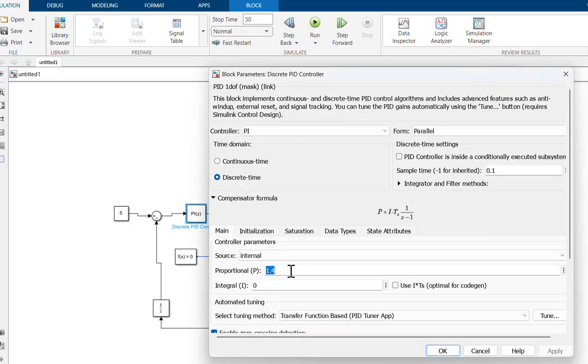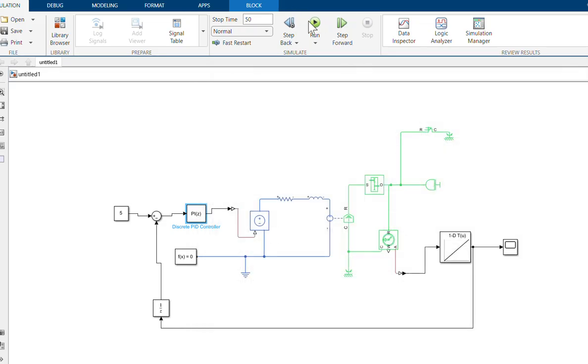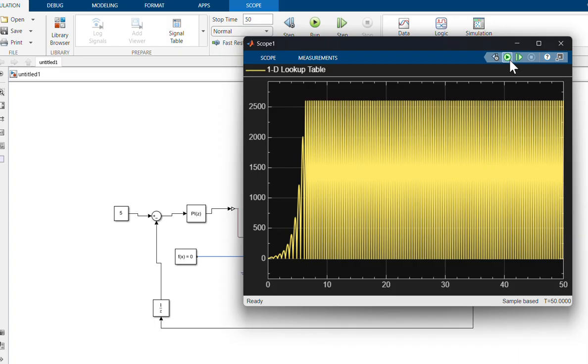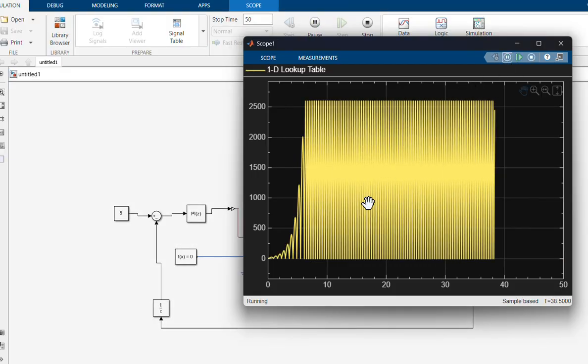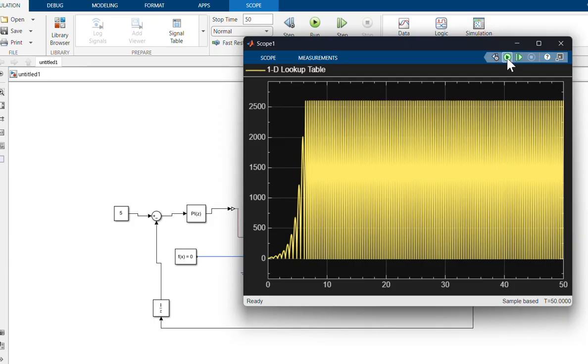Again, we adjust this parameter, 0.8. Okay, apply again, run, and then scope. What?